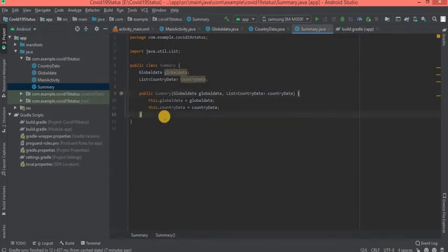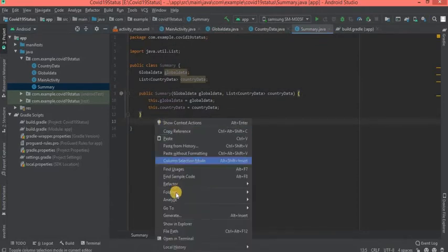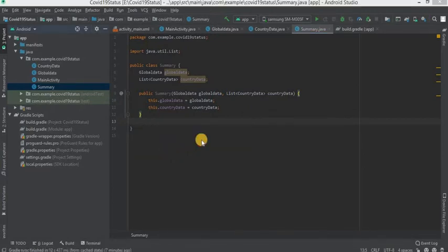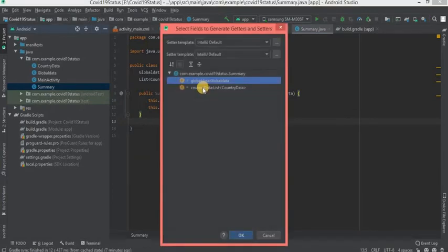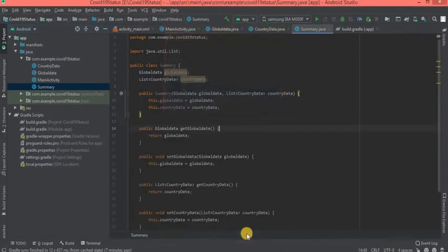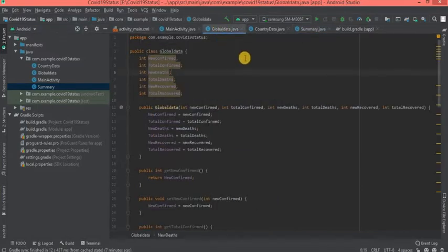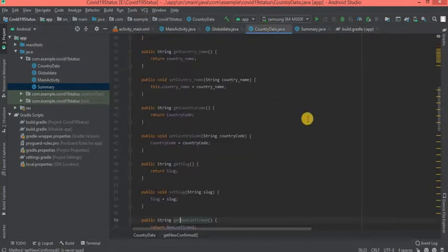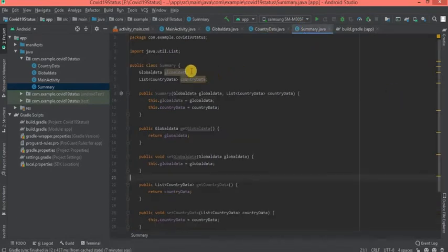Constructor has been generated. Next, generate getter setter functions. Choose the attributes, generate getter setter functions. Now the complete model class has been created. First one is global data to store global values, country data to store country values. Next is Summary to store global data and data of all countries.